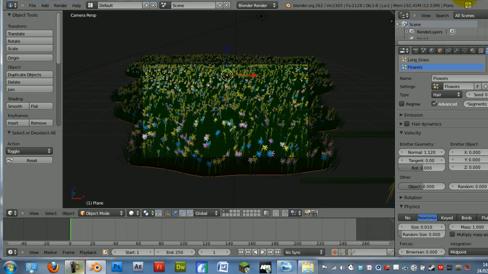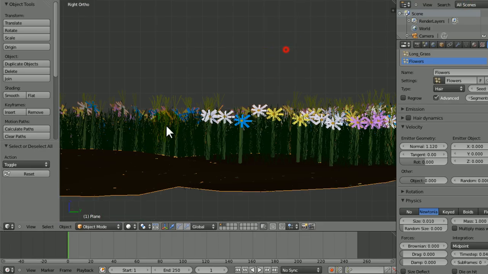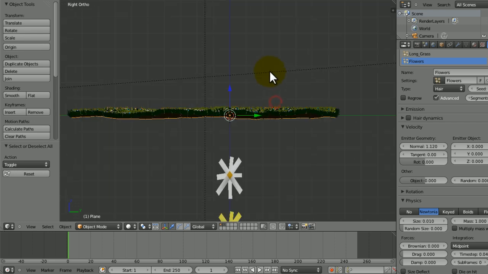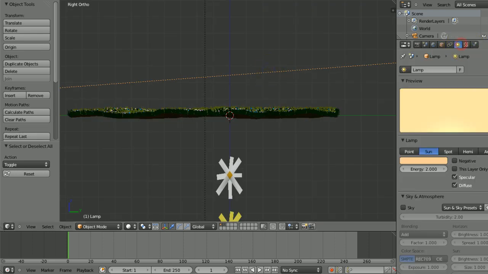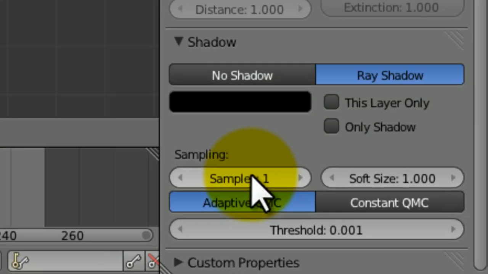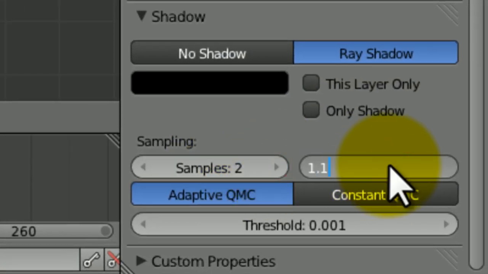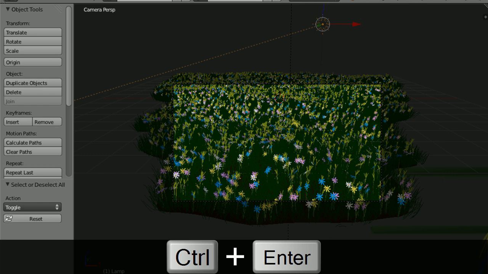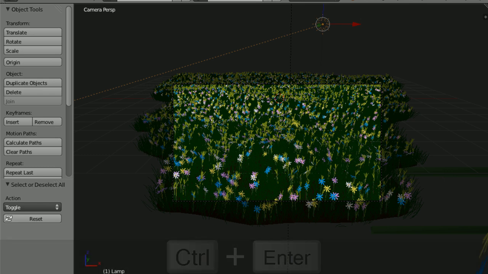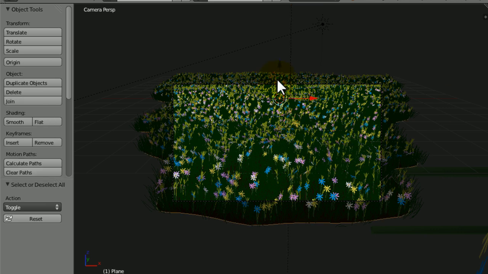Sorry about that, I forgot to change the shadow thing. Okay, so the way we make the shadows a bit softer is by getting the sun lamp and then changing the samples up to 2 and then the soft size to 1.1, somewhere around there, maybe even 1.2. And also if I just get the sky, not the sun, and turn off the shadows, that will look good. So yeah, right then, now I think that will do. Okay, so yeah, let's try